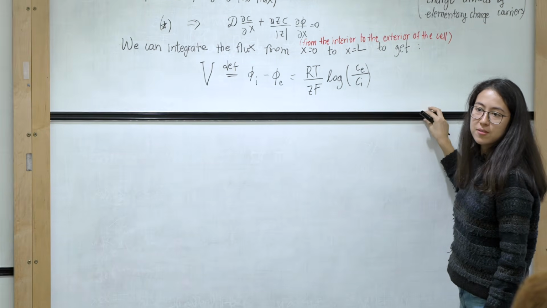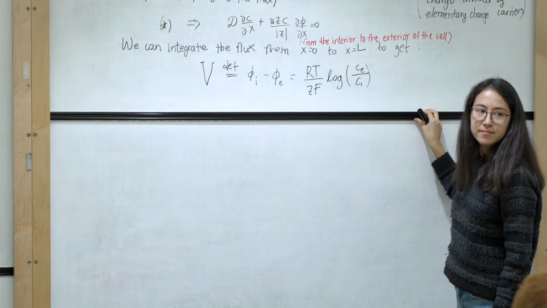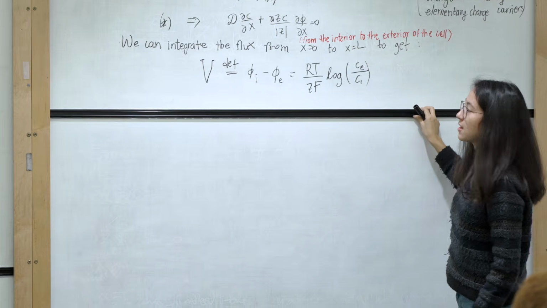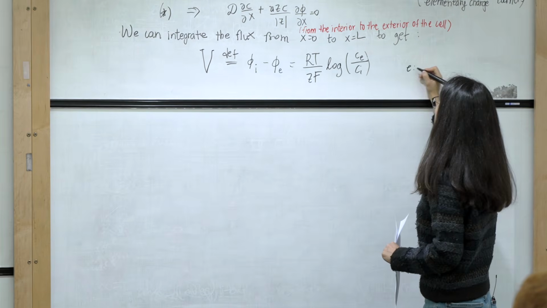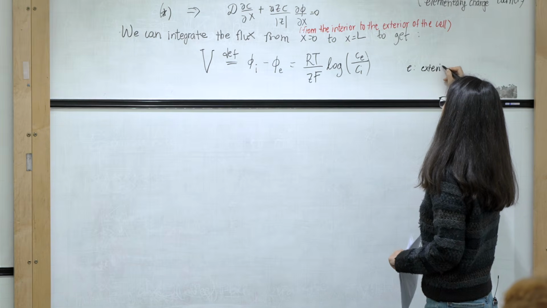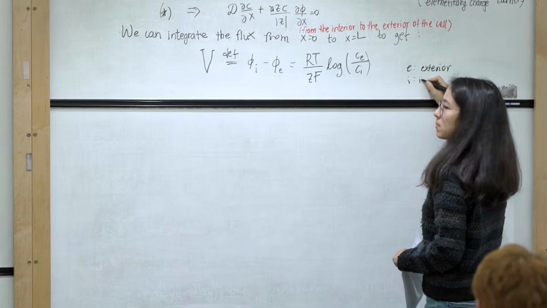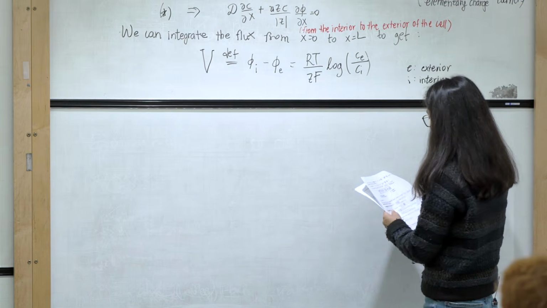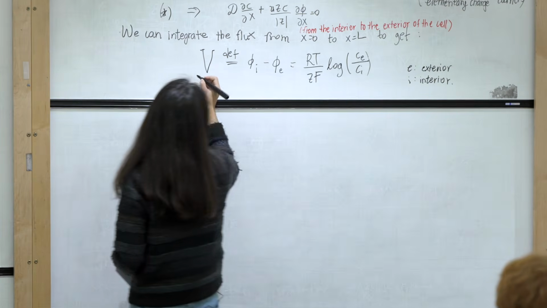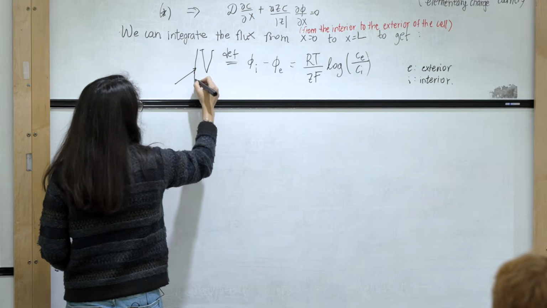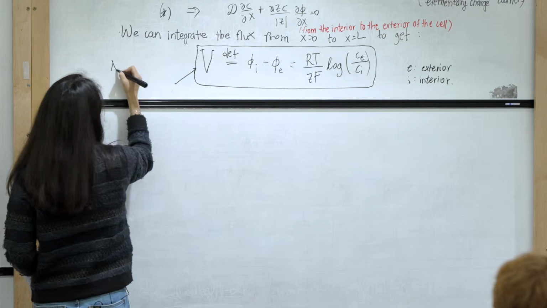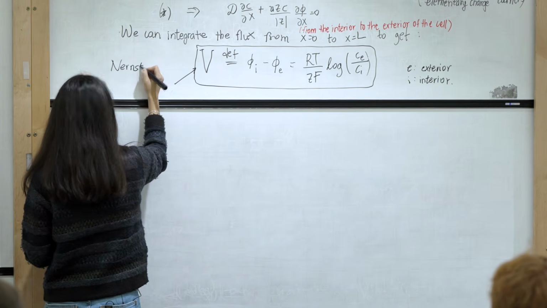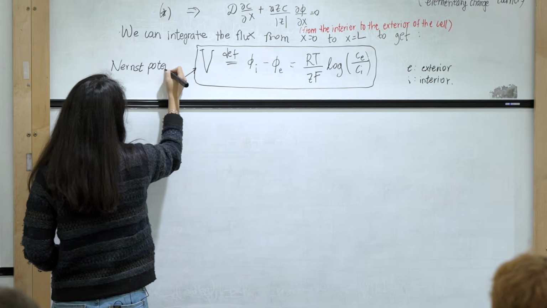Any questions? OK. So E is for exterior. I is for, bless you, is for the interior. And then this thing that I wrote here is the Nernst potential across